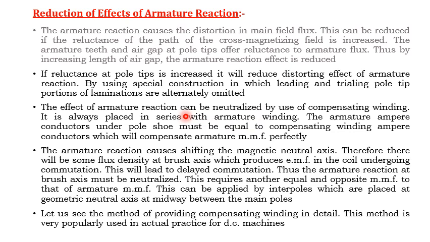Now there is one more method used, that is the use of compensating winding. An additional winding, called the compensating winding, is used, which neutralizes the armature reaction. This compensating winding is always placed in series with the armature winding. The armature ampere conductors under the pole shoe must be equal to the compensating winding ampere conductors, which will compensate the armature